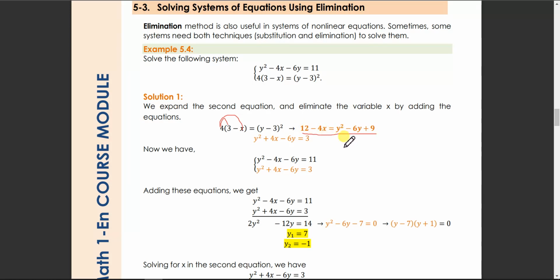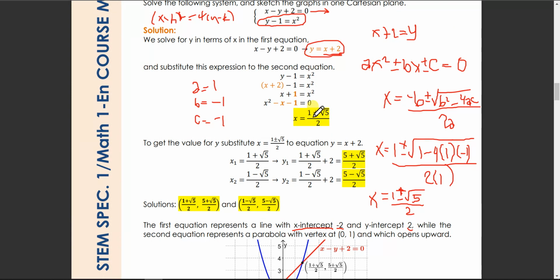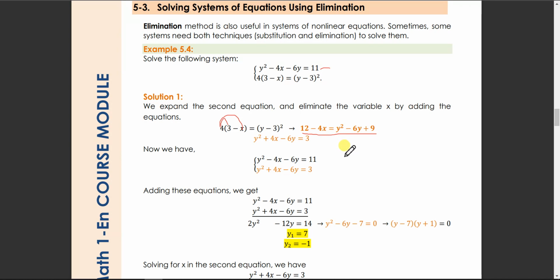The next is we are going to arrange it similar sa atong isa ka equation, which is the first equation, di ba? Recall ganiha sa atong elimination method, dapat magkapareha sila format para when you are going to add or subtract the equations, mas dali siya since arranged na ang imuhang equation daan. So, una, dapat ang atong y squared, since y squared ang una. Next is si negative 4, or si x. So, when you transfer that to the other side sa atong equation, it will become positive 4x. The next is our y. So, as is lang siya, negative 6. Then, last is our